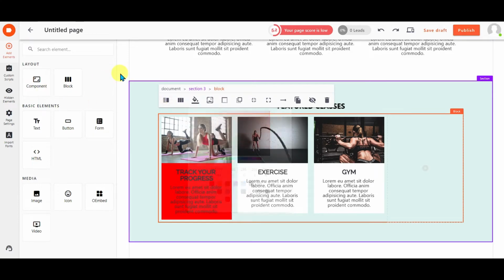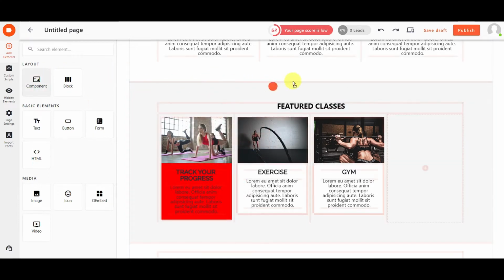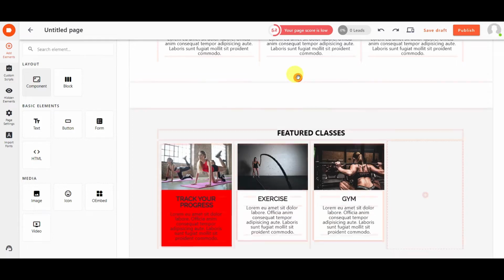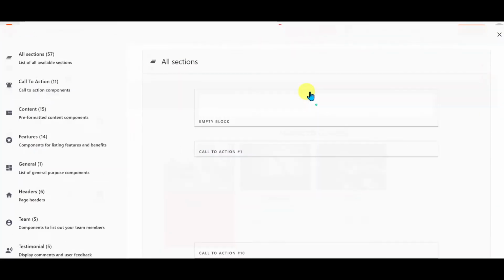In the layout section, we have components and blocks. Components are pre-made blocks that we simply drag and drop into our web page.